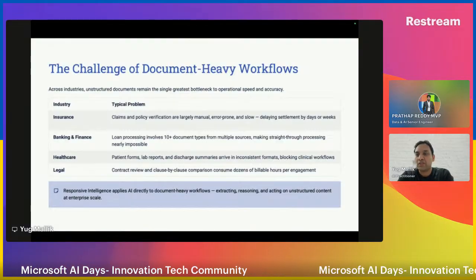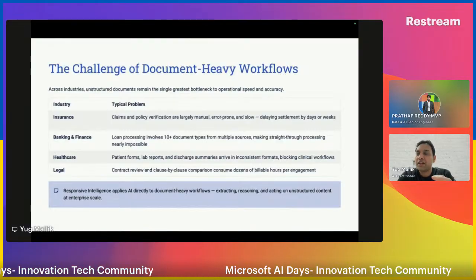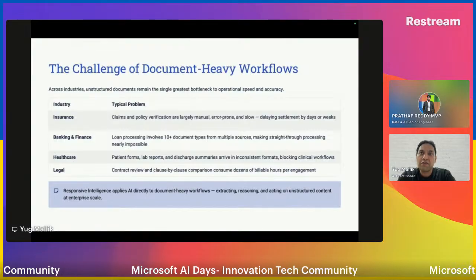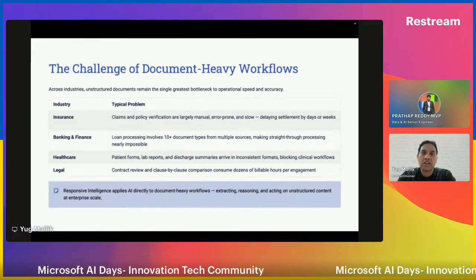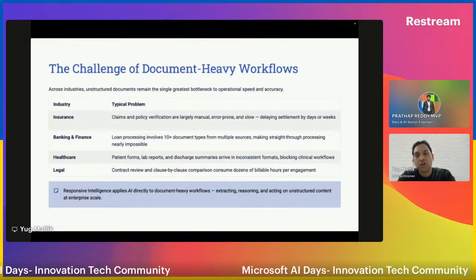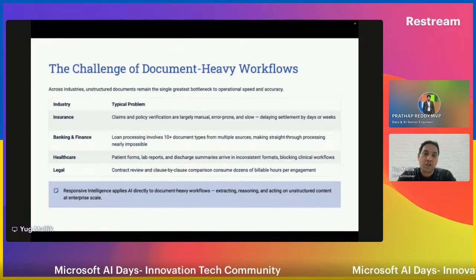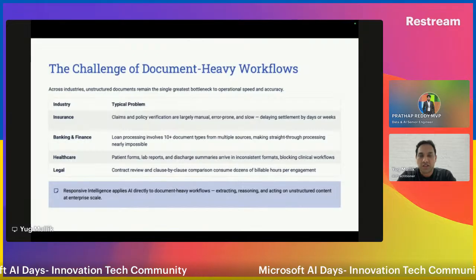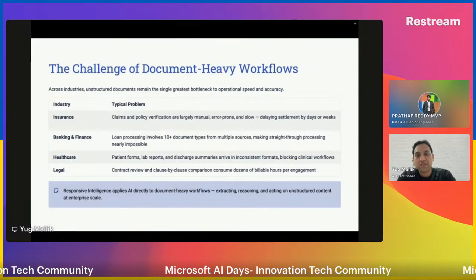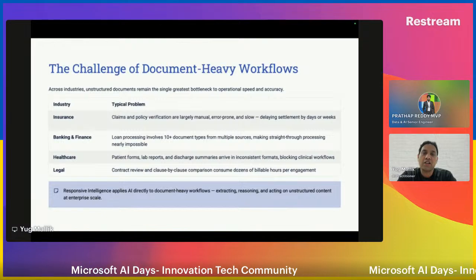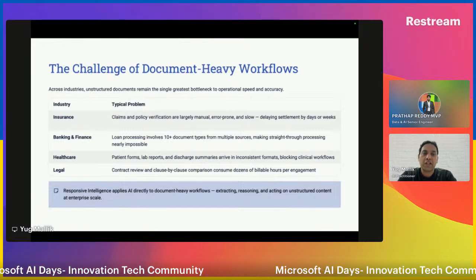Say, for example, insurance, right? A lot of claims are being processed, and every claim you pick will have multiple documents attached to it, right? And the documents are very much unstructured. It can have PDF, it can have images, it can have any format of documents of any type.